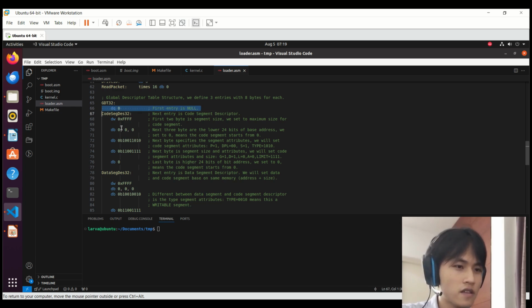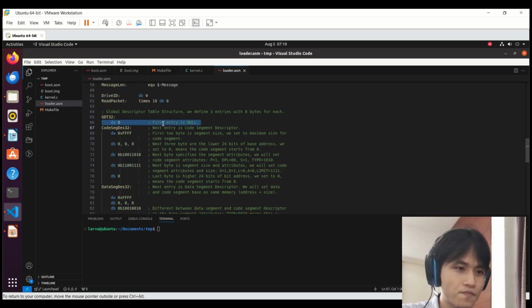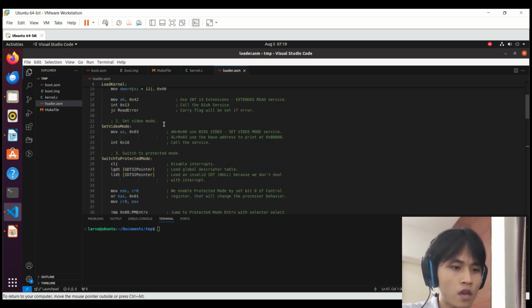The second is our code segment descriptor, and the third is the data segment descriptor, and we spend 8 bytes for each. And we pass the pointer to this command. It's very similar to C, right? You just call the function and pass the parameter to it.